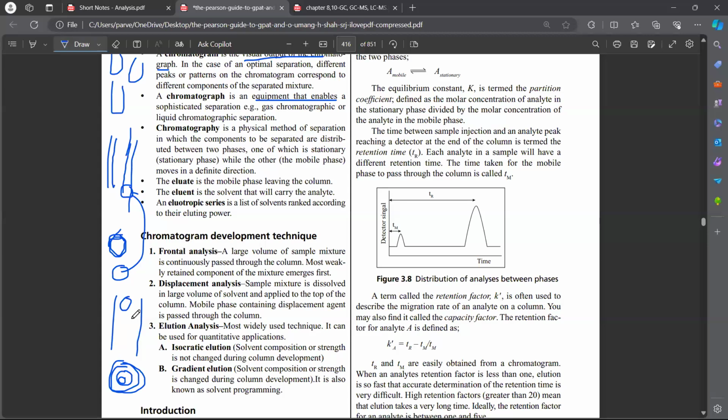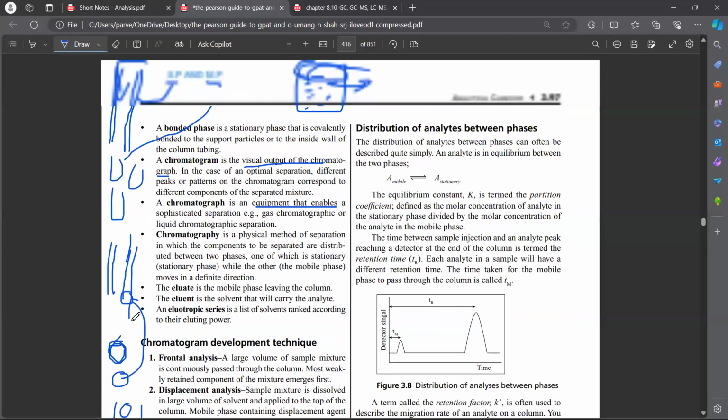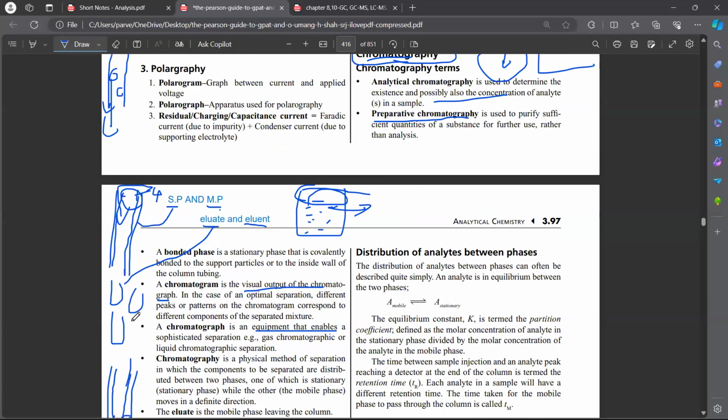So this is basically the whole principle of size exclusion chromatography. Another chromatography is the ion exchange chromatography. In ion exchange chromatography, based upon the charge, the cations and anions are exchanged between the column and the sample, by which the sample separation occurs. So basically, these are the broad major principles of chromatography, and there is also another chromatography which is